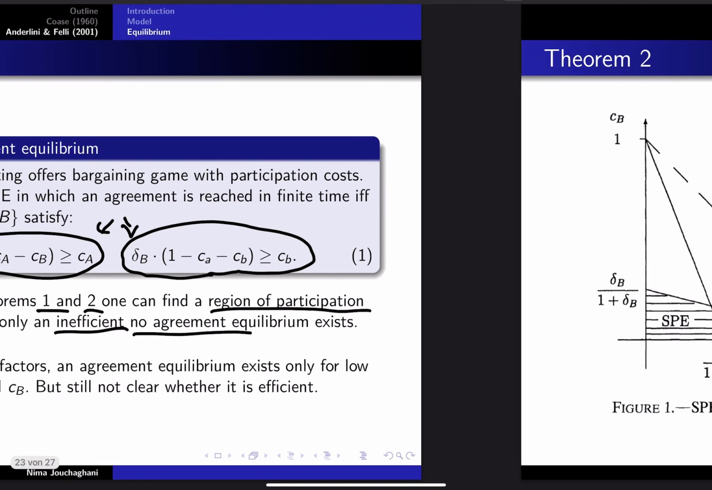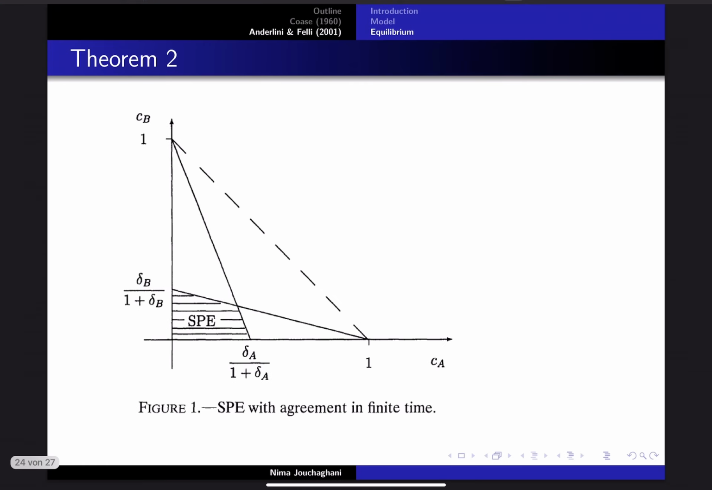Now, let's look at this picture. So this is making it a little bit clear. Here we are fixing the discount factors, and on the x-axis you find the participation costs of A, and on the y-axis you find the participation costs of B. And the interesting thing here is that everything below this dashed line, so every equilibrium or any outcome which would be here,